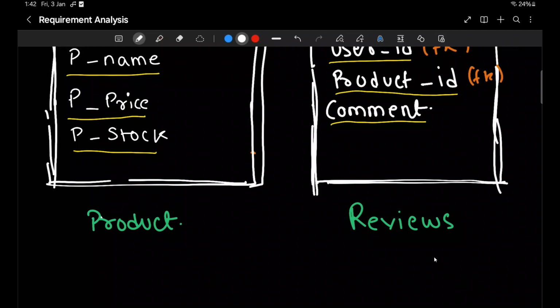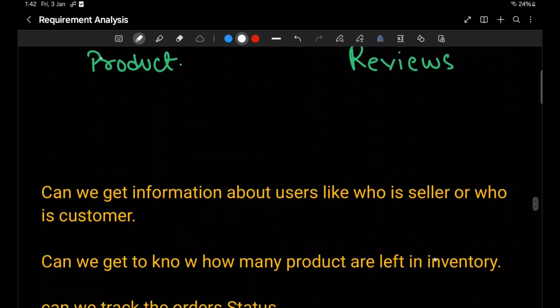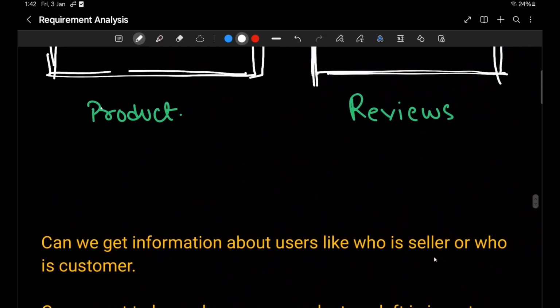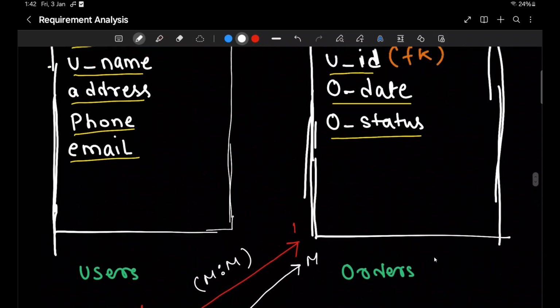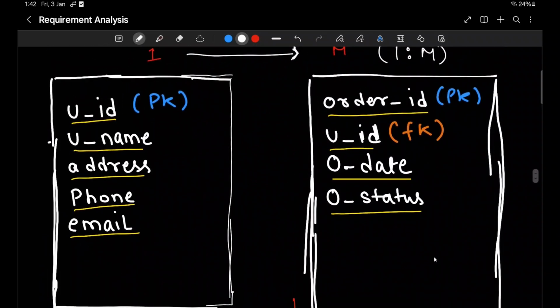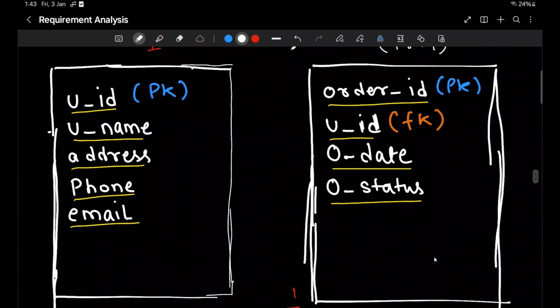Now we have designed a core logical model, but we'll check if we can answer the following questions. Can we get information about users, like who is a seller or who is a customer? Let's check our user entity and see. If you see our user entity, we do not have any attribute that tells whether a user is a customer or seller.